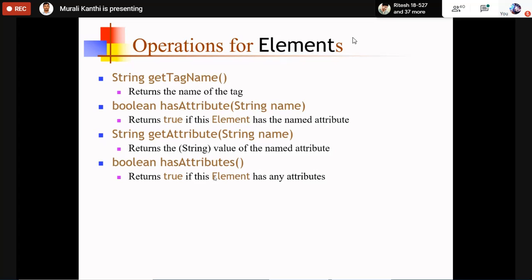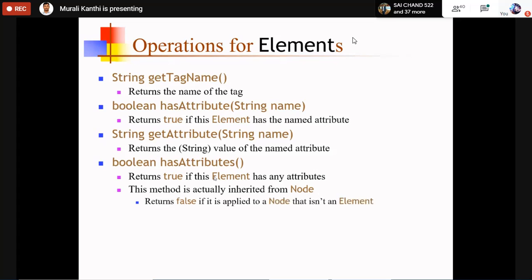Where no name is mentioned, all the attributes the element has are returned. This method is actually inherited from Node. It returns false if it is applied to a node that is not an element.